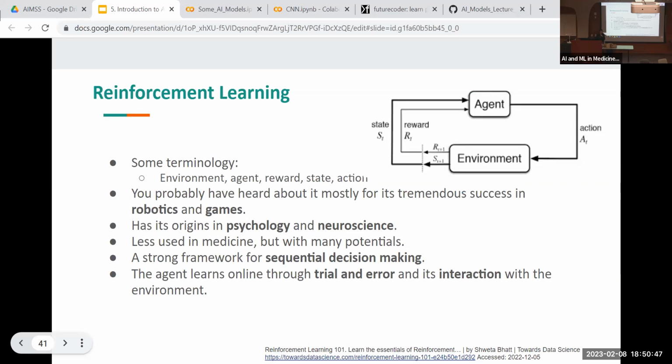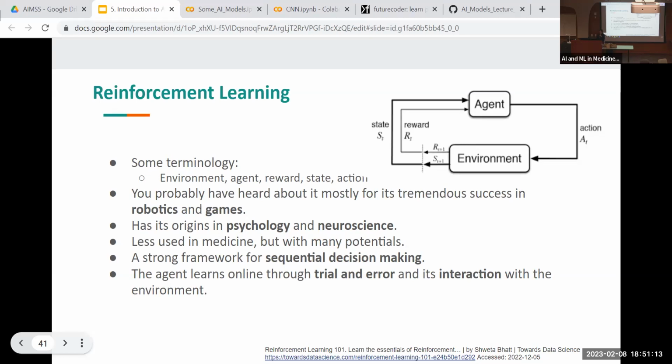It receives the observation from the environment, which is called state, and based on the observation it receives, it does an action, and based on the action it does, it receives a reward which indicates how good the action was. This constant interaction between the agent and the environment eventually leads to the agent learning about its environment